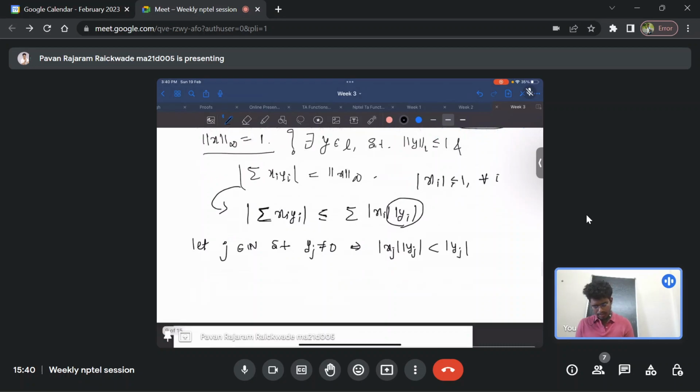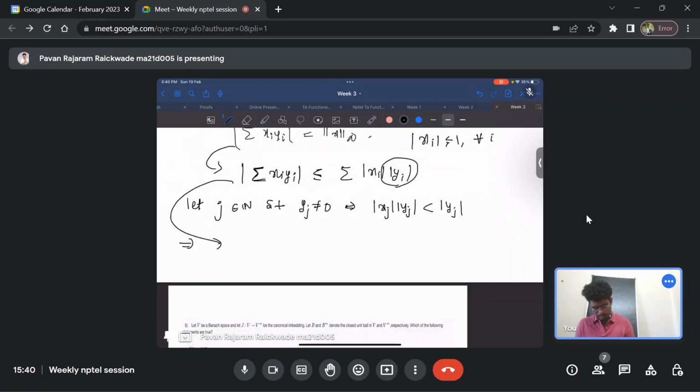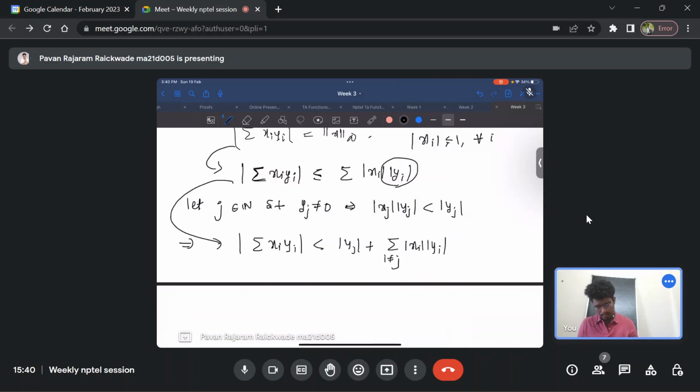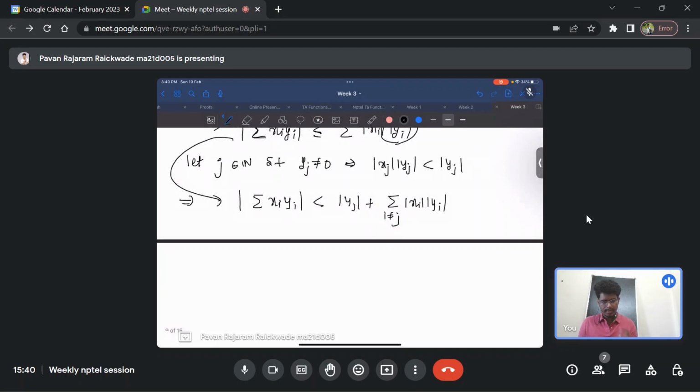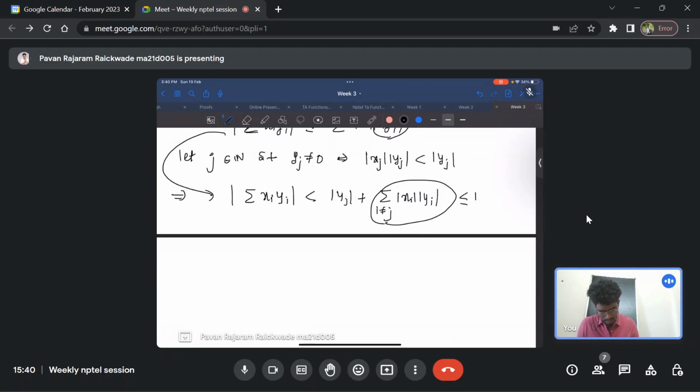So you just use this fact here, which implies the modulus of summation xi yi is strictly less than mod yj and the rest of the quantity as it is, modulus of xi yi for i not equal to j. Now mod xi is less than or equal to 1 for every i, hence this quantity will also be less than or equal to mod yi for every i. So from here you get this is less than or equal to mod yj